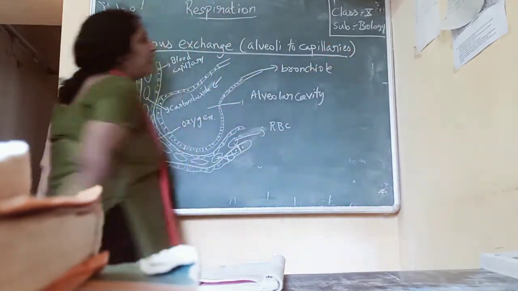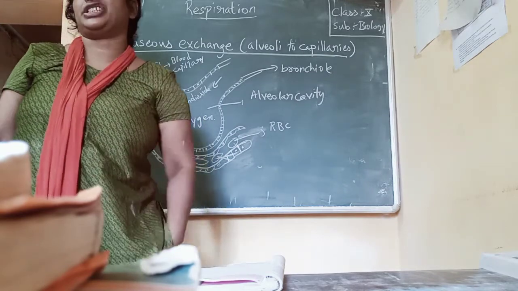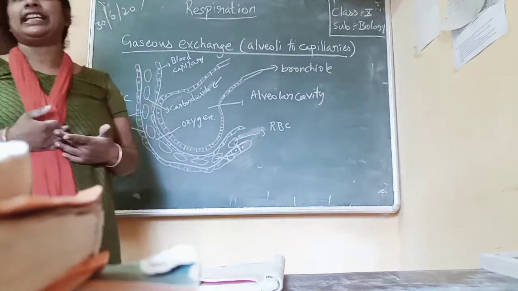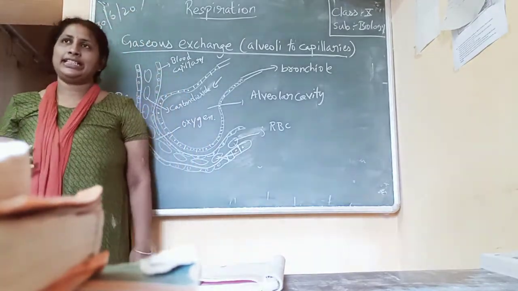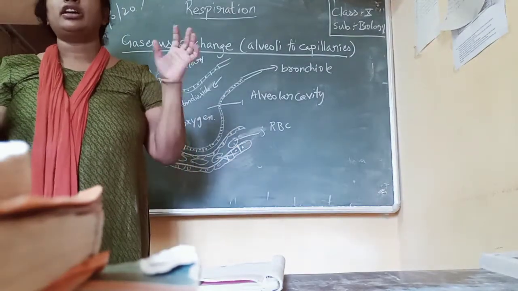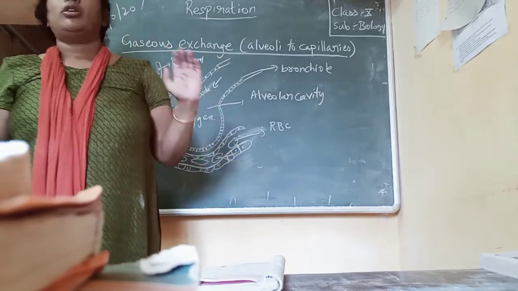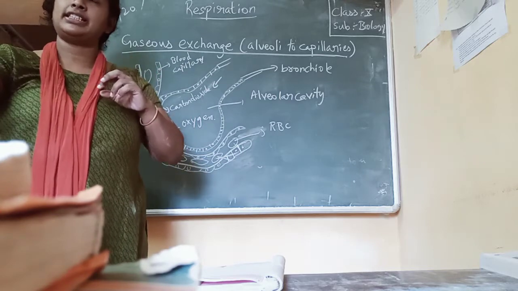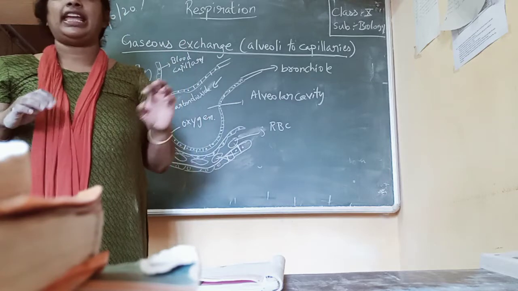Exchange from alveoli to capillaries. How does the gaseous exchange take place between alveoli and the blood capillaries? We have seen that the air enters from the nostrils and the last part is the alveoli. Now the alveoli is rich in air. It exchanges from the alveoli: the oxygen present in the air enters into